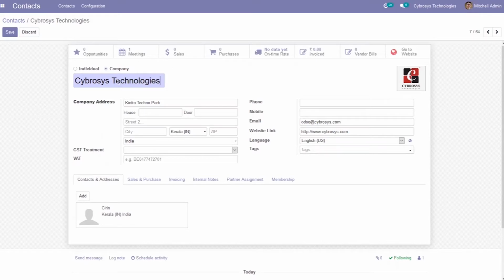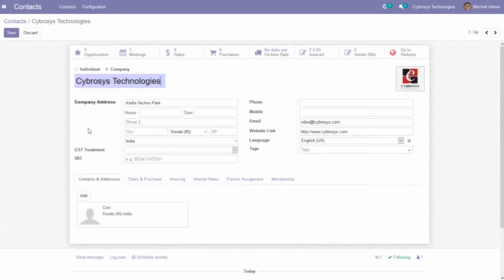I have created this as a company, and you can provide the company address, including the street name, city, state, zip code, country, and you can also find an option that is GST treatment. This option is only available if you're using Indian localization, and you can set the tax identification number, that is the VAT number, if your contact is subject to government taxes. This VAT number can be used in the legal statements.